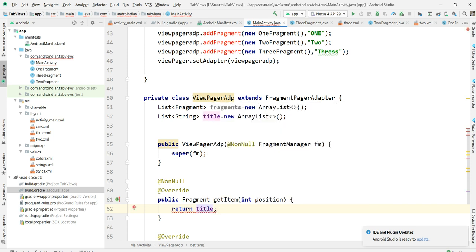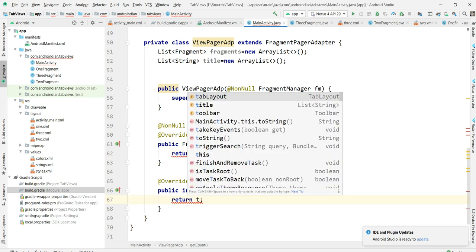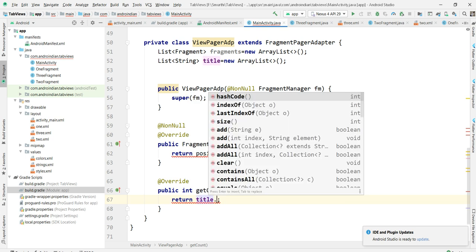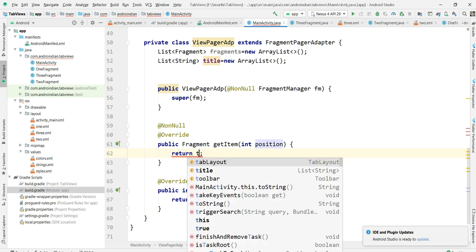Sorry, here it's a position. The return type is position only here. Then for the count, we can make this titles.size, because it's an ArrayList, so it's size. Here we are giving the position as the position.